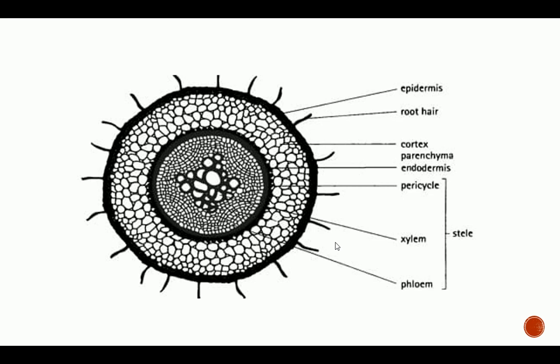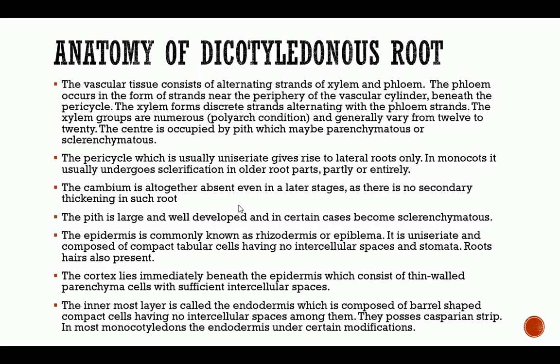Okay, this is the transverse section of the root showing the dicot system. We have the epidermis, the root hair, the cortex, that is made up of parenchyma, the endodermis, the pericycle, we have the xylem and the phloem. The xylem alternates with the phloem. The pericycle, the xylem, and the phloem combine together to form what we call the stele, like we made a joke of in the class. Okay, so let's go to the